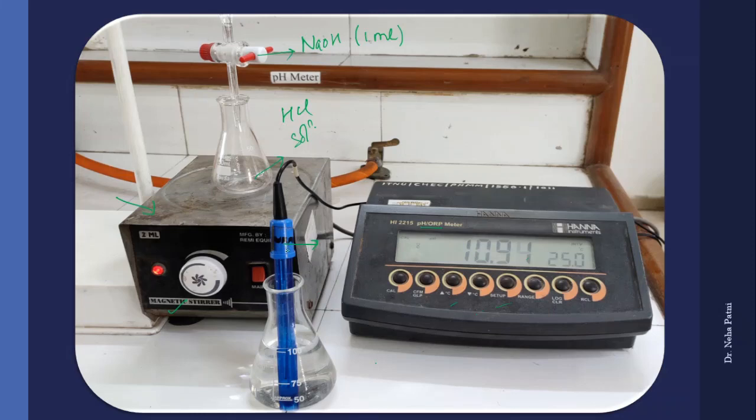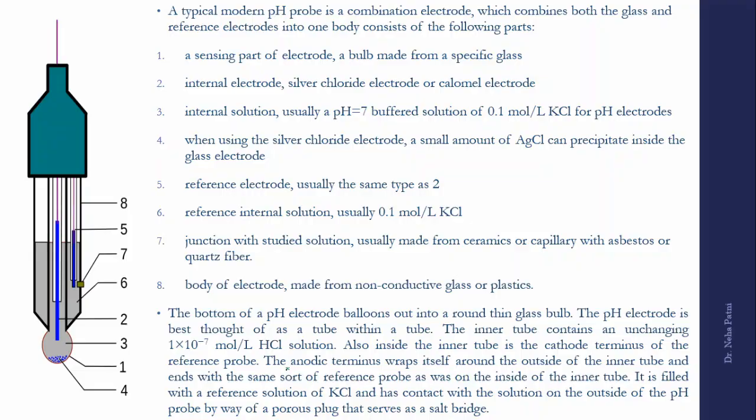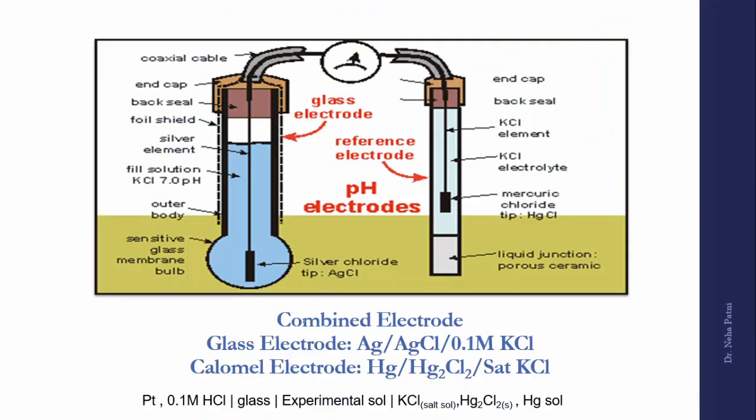Now this one is an electrode which you are going to use. Let me tell you which type of electrode it is. It is basically a combined electrode, because we need two electrodes to complete a circuit, right? So glass electrode and calomel electrode are used, and it basically looks like this, wherein you have a bulb portion at the end. So this is silver chloride dipped in it. So a pH electrode basically has two electrodes. One is a glass electrode and the second is a reference electrode. Reference you can take as a calomel electrode.